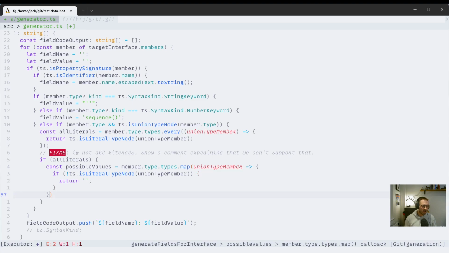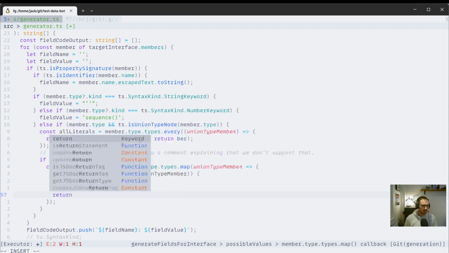This really means that I need to tidy up this code. I always think it's a smell if you've checked something up ahead and then you have to recheck it to satisfy the compiler. So I will probably figure out how to rewrite this code. But right now we have a failing test, so my prime objective is to get that passing. Okay, if it is a literal type node, we can return union type member